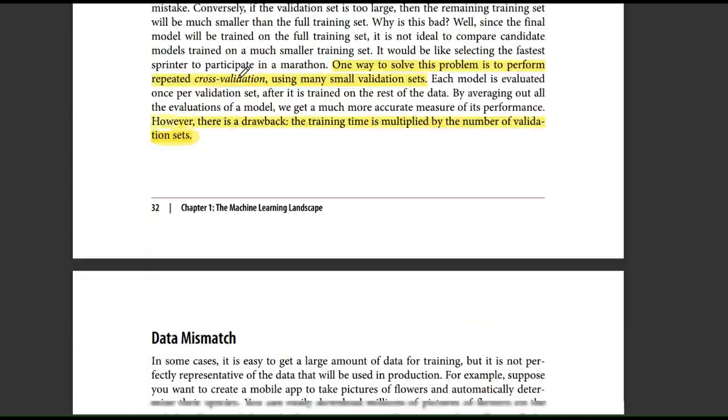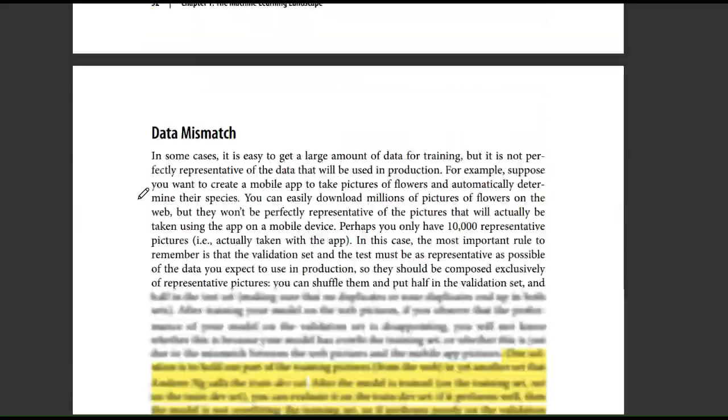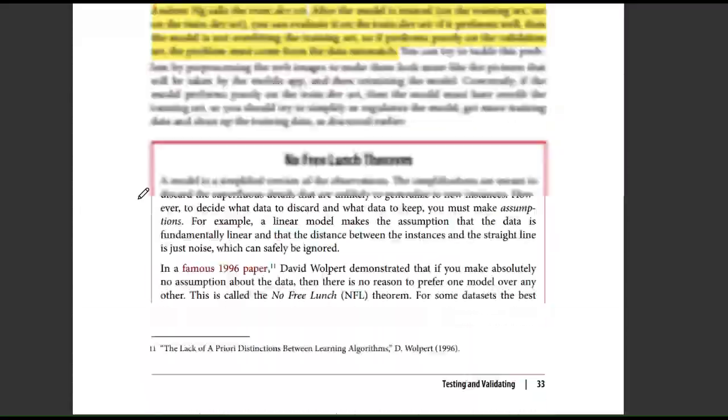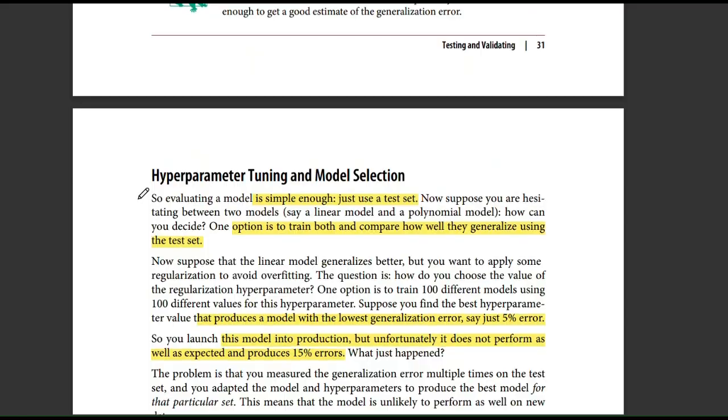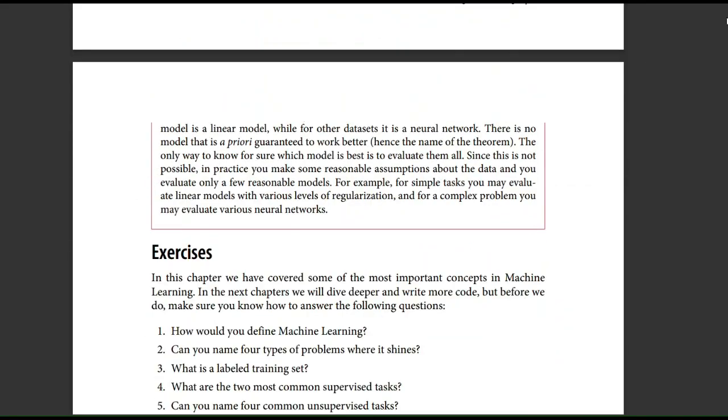As these names imply, you train your model using the training set and you test it using the test set. The error rate is called the generalization error or out-of-sample error. This value tells how well the model performs on the new instances that it has